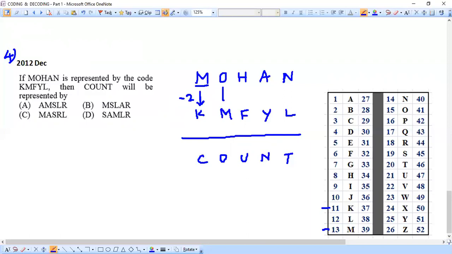Yeah, continue. Next, they are moving from O to M. So again, come to O here. O is at the 15th position and M is at the 13th position. So this time they are moving from the 15th letter to the 13th letter. So 15 to 13 is again -2. Yeah, it's easy, right? Again, the third letter will come. H to F they are moving. So it's easy to say H is the 8th position and F is at the 6th position. So 8th to 6th is again -2 only. Yeah. Come to the fourth letter.